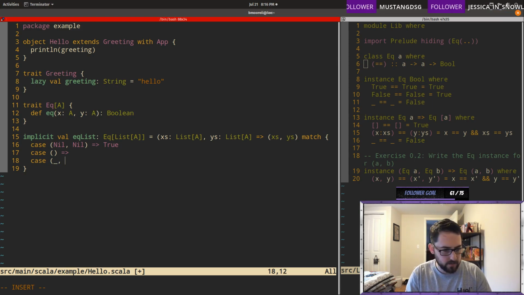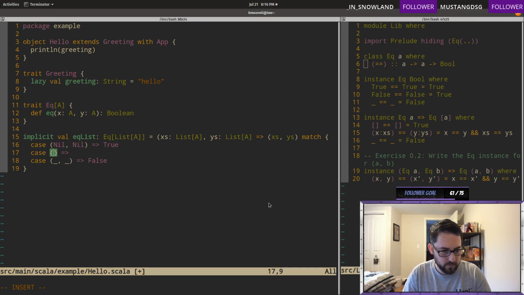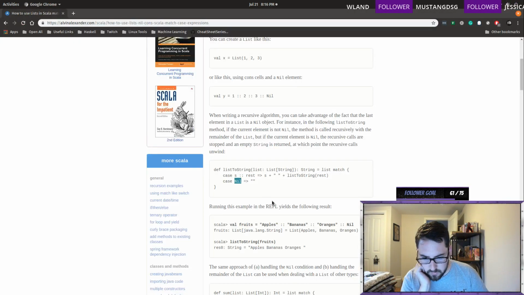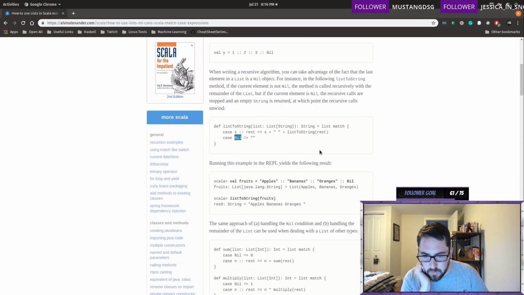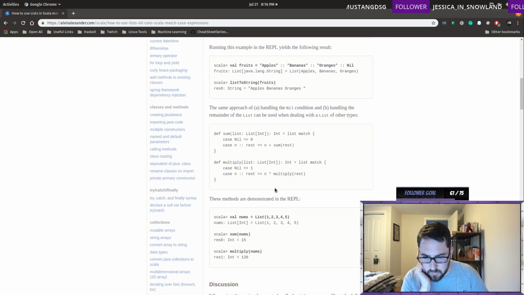Can we match anything? Is this even the right booleans? Yes. Okay, so we gotta do this one. Case N. The hell does rest mean?